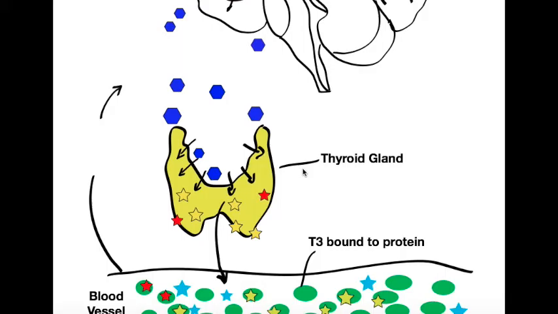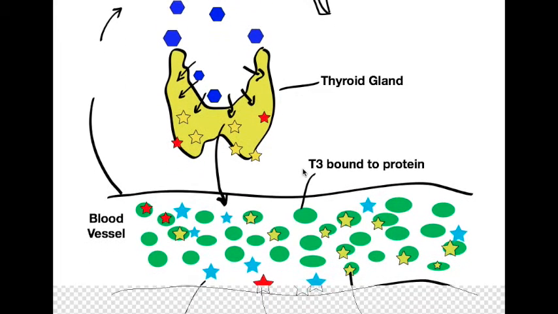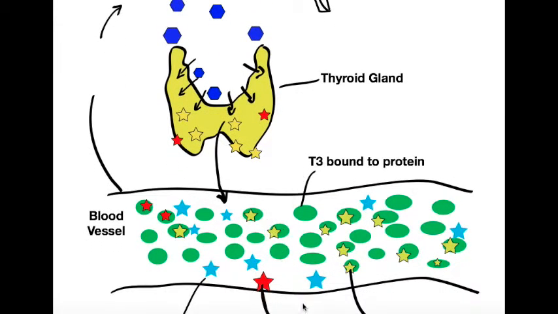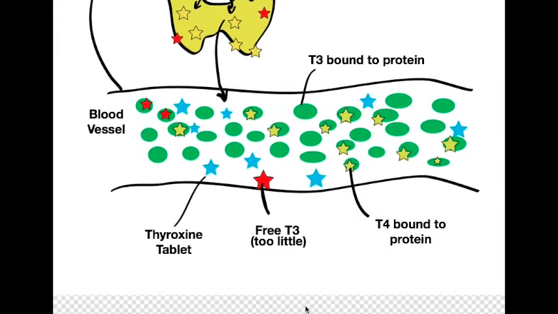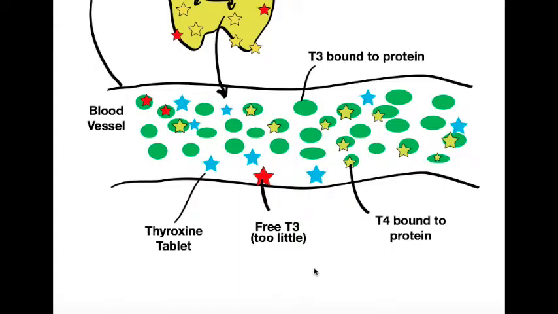And as we move further down, you can now see that although we don't have as many yellow and red stars, we've now added in these turquoise or blue-green stars, which are thyroxine tablets that you've taken orally, prescribed by